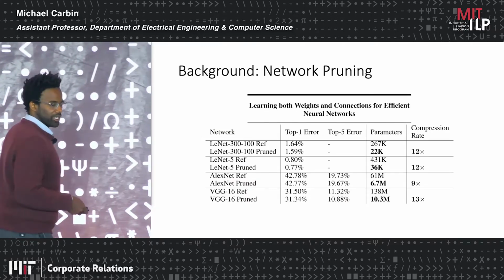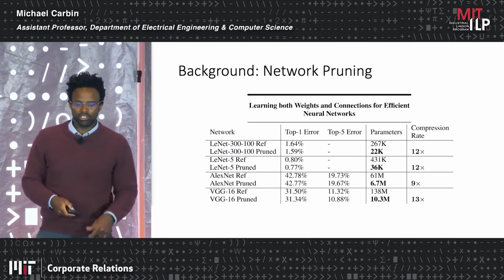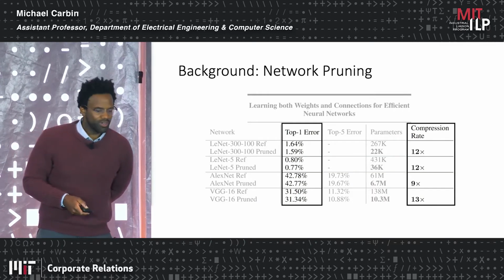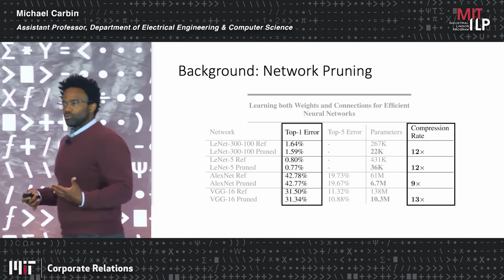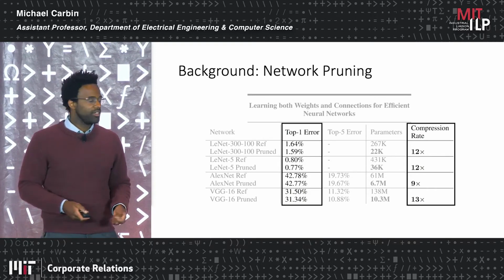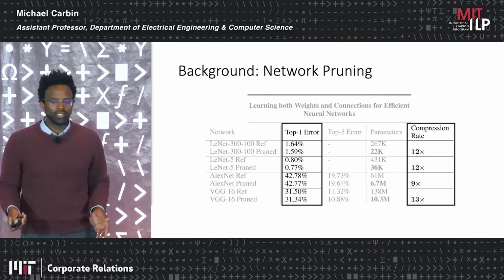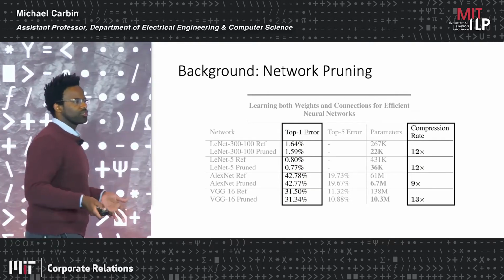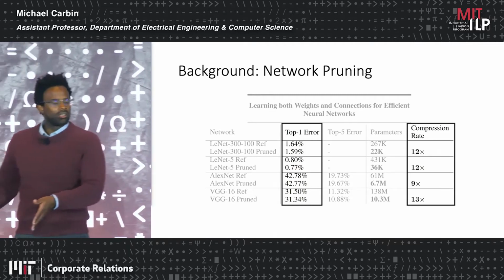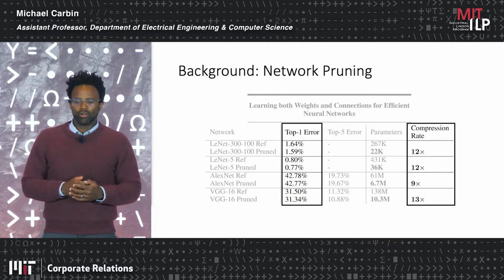And this truly is the case. So if you look at some of the results that have been out there in the literature, again, going back to 2015, some of these have improved since that time. But what you find is that with roughly similar accuracy, we can get networks that are an order of magnitude smaller. Again, this is going to be after training. So you train your network, and then you're going to prune it and get a much smaller network.